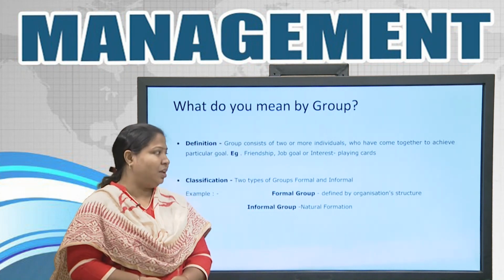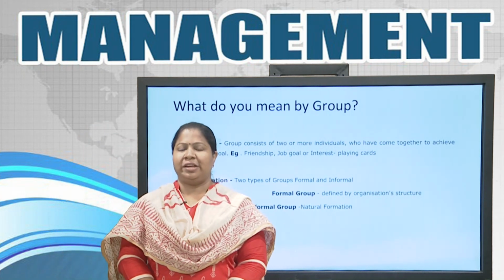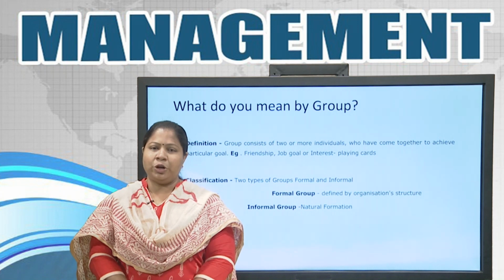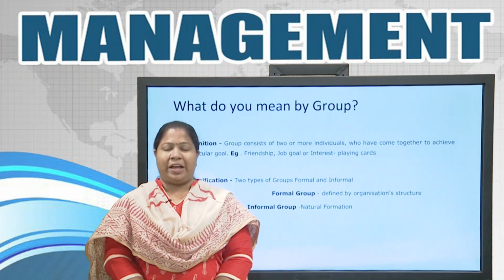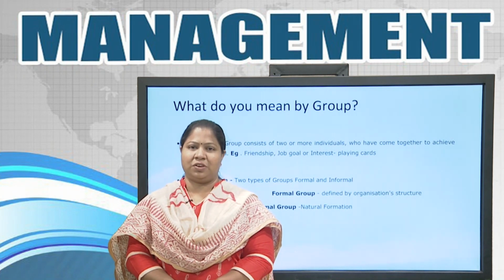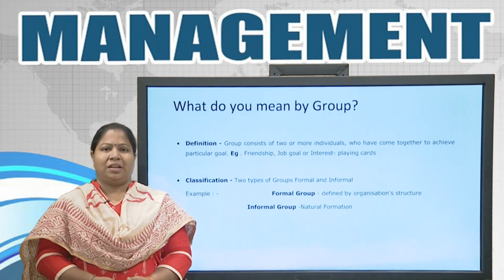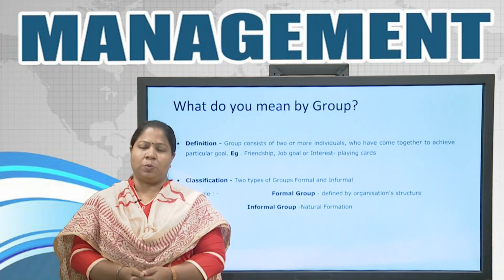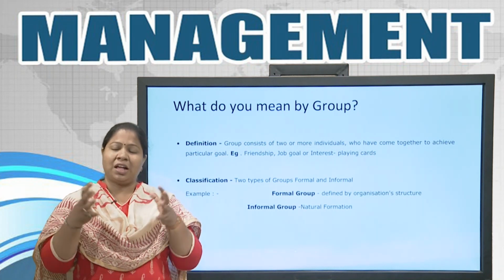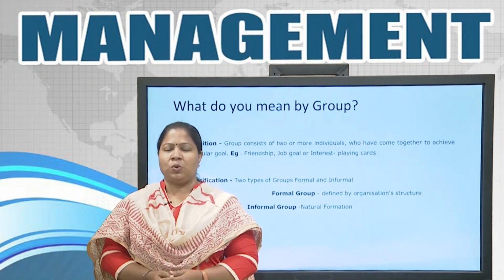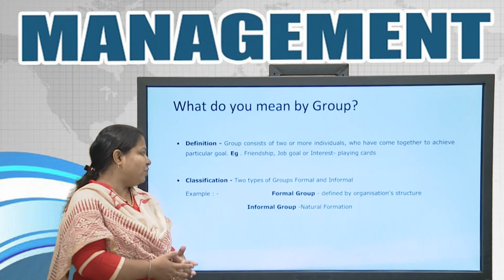Next, we will see the two types of groups. One is formal groups and the next is informal groups. What do you mean by formal groups? Formal groups in organizations, you can see associations of industries. You can see chambers like the Chamber of Commerce. So what are they? They are formal groups. The members of each and every organization, each and every industry, come together and form a group to work for a specific task, a specific goal.